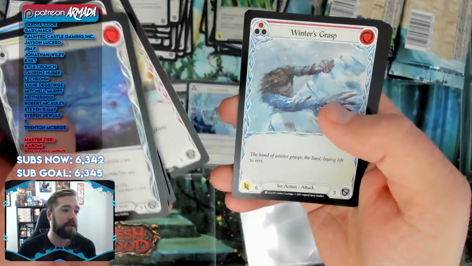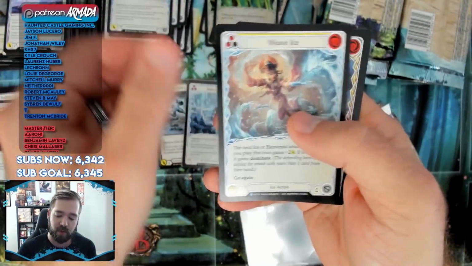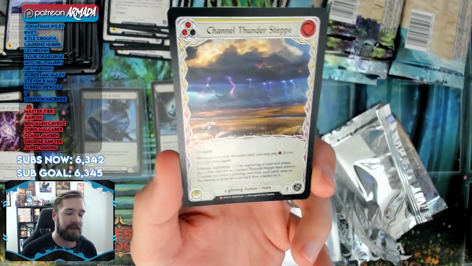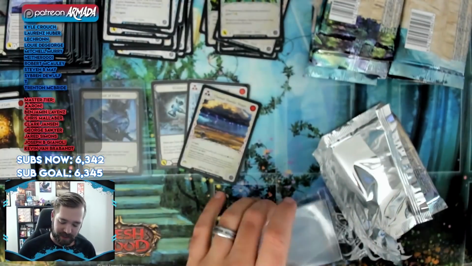Chill to the Bone. Heaven's Claw. Winter's Grasp. Red Explosive Growth. There's a Weave Ice Yellow. Now we have a Channel Thunderstep. Foil Channel Thunderstep is interesting. That definitely creates some interesting...